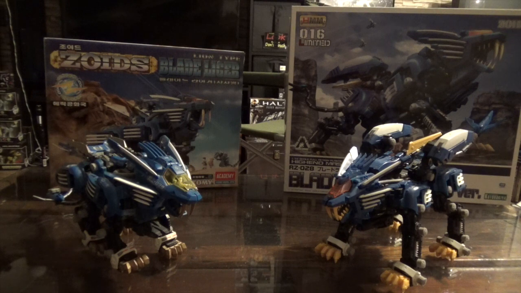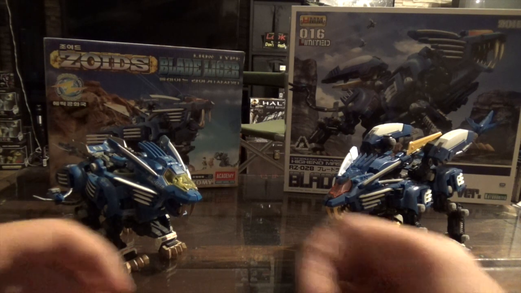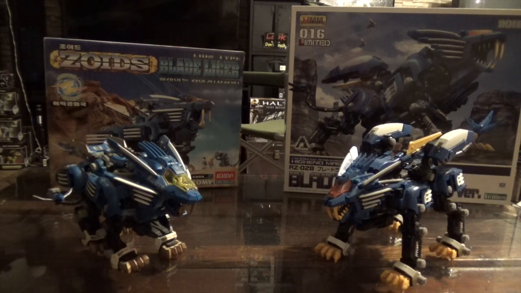So the Blade Liger was introduced after the first season of Zoids Chaotic Century, the original anime series that debuted in Japan in 1999. So what happened in the story is, using the organoid technology, I have the actual organoids that came with this kit, Zeke, the organoid, was able to transform Vaughn, the main character's Shield Liger, into a Blade Liger. So the Shield Liger evolved into the Blade Liger, so to speak, which was a really cool sequence because the